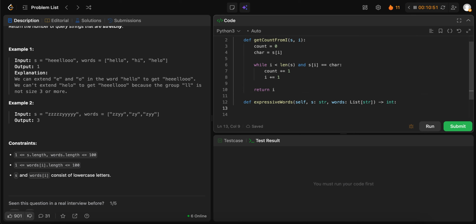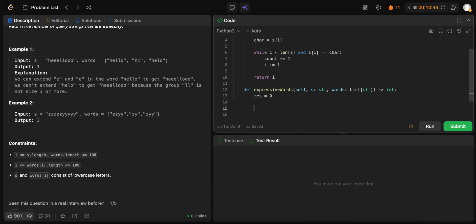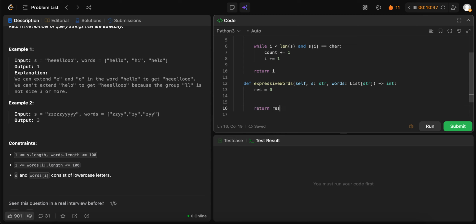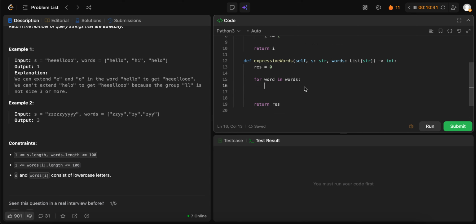So we want to return the number of stretchy words. We're going to start off with 0, and we'll return this later. We need to just go through each word, right? So for word in words. And now we need a stretchy test. So I think stretch should be false first. And then what we should do is